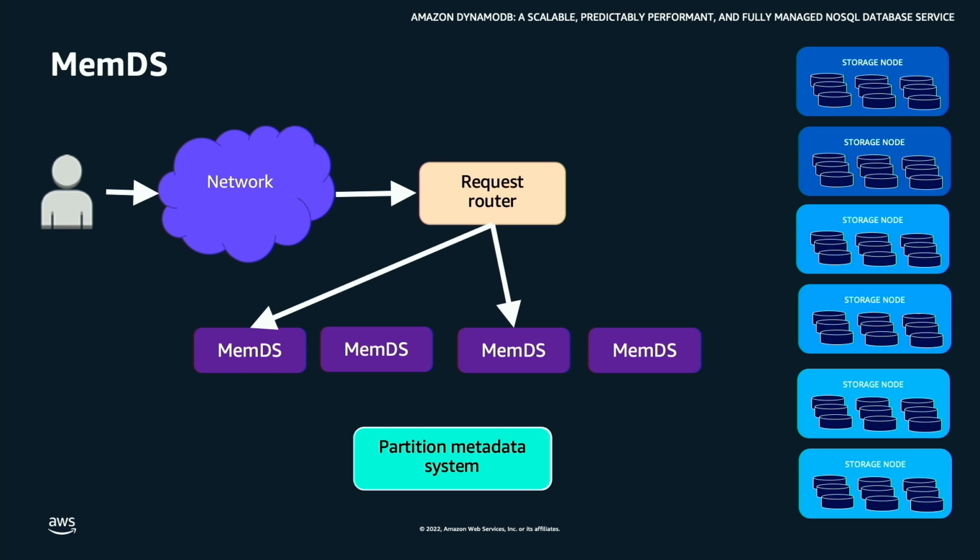But we wanted to think long term, so we built something called MemDS, which is a distributed in-memory cache. There are two key properties to this. One is that we realized we didn't need the entire partition map cache to serve a request. We just needed that one single piece of data, of which three storage nodes are hosting this data. So with MemDS, we changed the data structure we're using. We use a Perkle, which is a hybrid of a Patricia tree and a Merkle tree. It supports queries such as floor and ceiling, which take a key and give me the floor value of this particular key,